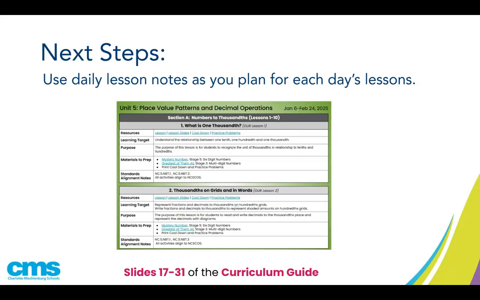different strategies, so it's really helpful in PLCs to practice those strategies together so they're familiar before you begin teaching. And also, each time you plan, please use the resources in the Unit 5 curriculum guide. Those lesson notes let you know lots of things, including if a CMS lesson, like in this case we're seeing that lesson 1 is the Illustrative Mathematics lesson 1, but you will get to a point in this unit, I